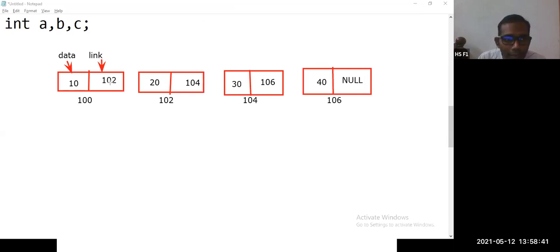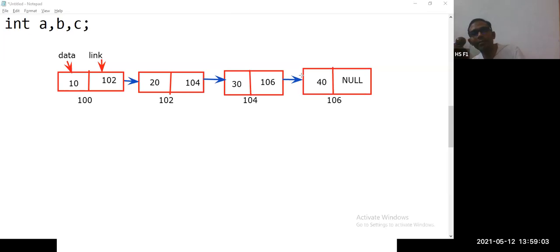Now here, if you have 102, then there is a link between these two nodes. Then there is a link between these two nodes, and then between these two nodes. Internally it is represented in this fashion. In a train, you move from one bogie to another bogie.